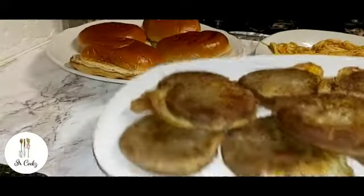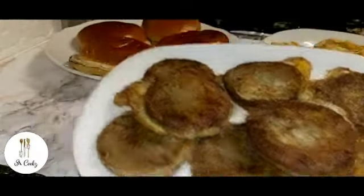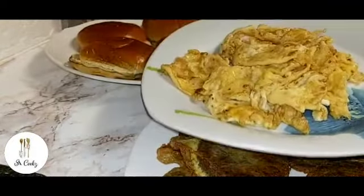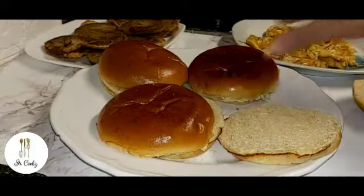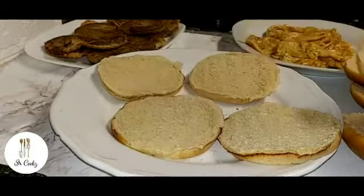and I have some Shami kebab which I have made. These are ready made, but I've just warmed them up, and I have pre-made some omelette which I've cut into pieces. So let's begin. So first of all, I'm going to take the top of the burgers off, and I'm